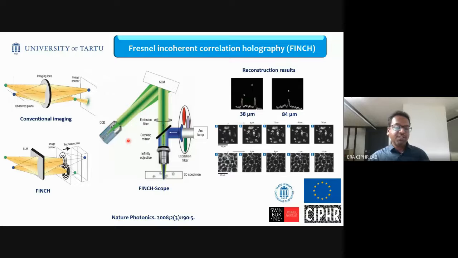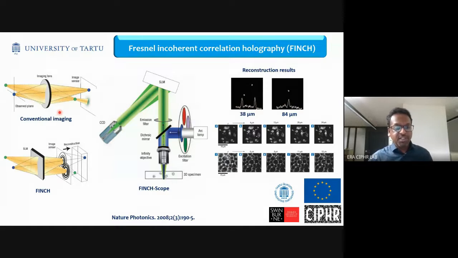Now let us see how it is different from a direct or conventional imaging system. In a conventional imaging system, when there are two points separated by a distance, and there is a sensor here, we can at a time capture only the image of one point. You can see this image is formed clearly, but the image of the other object looks blurred. So in order to record the other image, it is necessary to either move the sensor towards the object or change the location of the lens. But it's complicated when the object consists of, say, hundreds of planes.